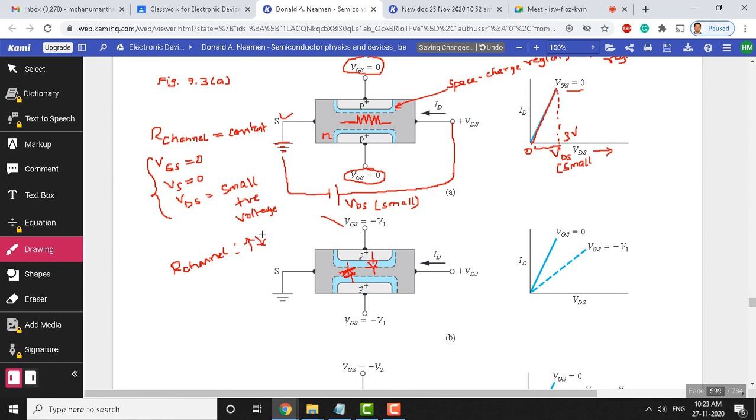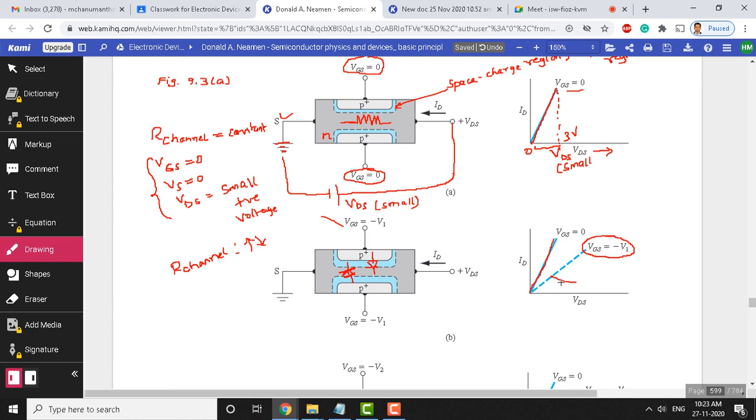Decrease means small; we already saw that for 0 voltage, and if you go more positive it decreases. But for negative voltage, you can see that the depletion region has widened and occupied a certain region of the channel. Therefore the channel resistance increases, and because of that the slope has decreased here. So this is the first case we have discussed. This is the first curve you can see here, and the same curve is carried over even for the second characteristics.